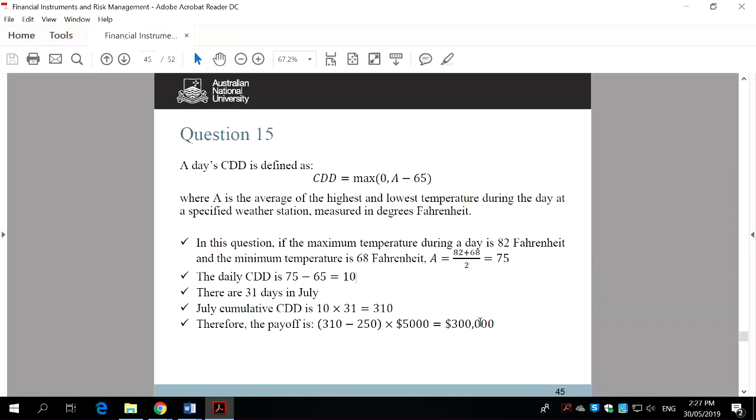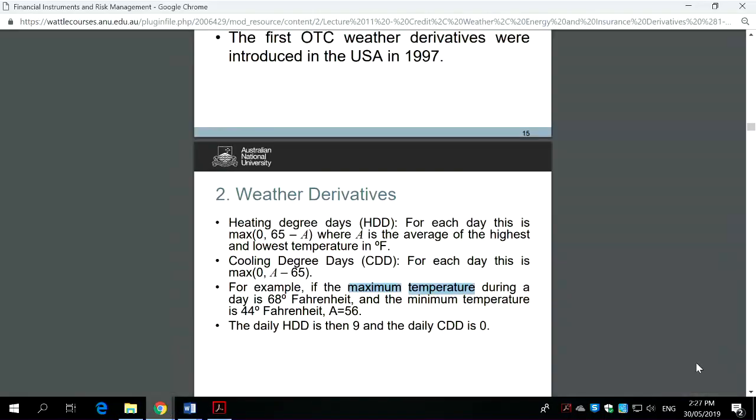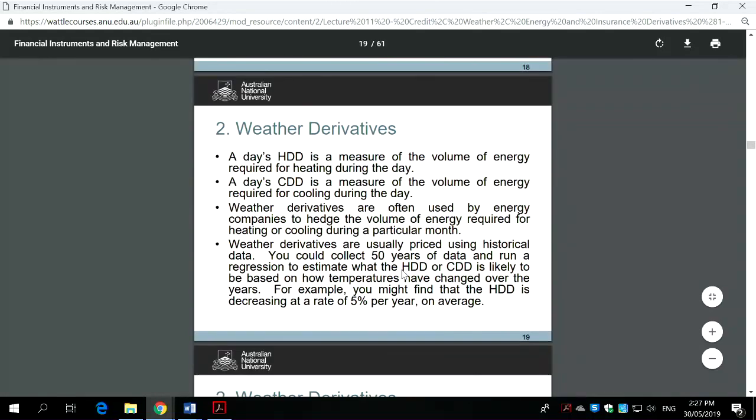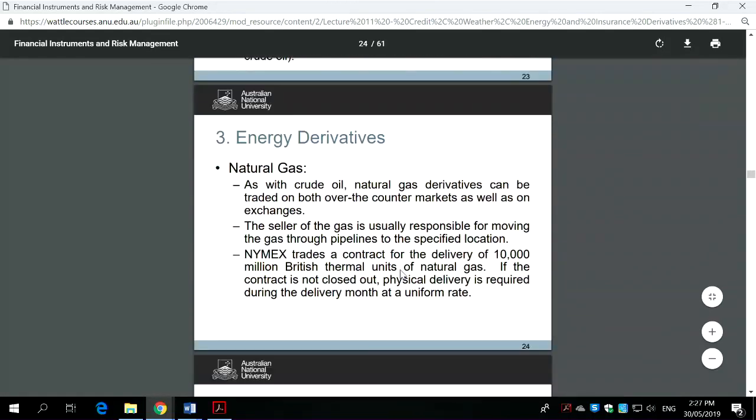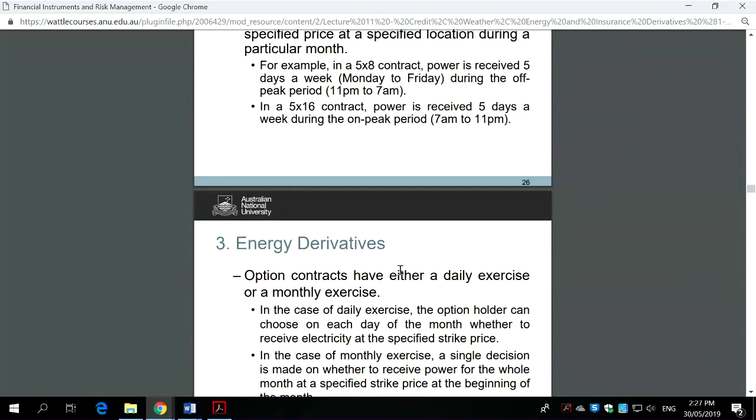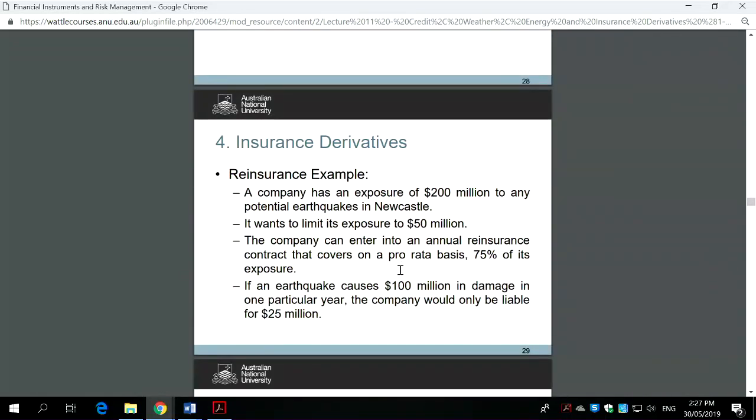So any question before we move on? Okay, so what else is in the last week? Let's have a look. So weather derivative, we'll talk about this. Yes, you need to remember what's the